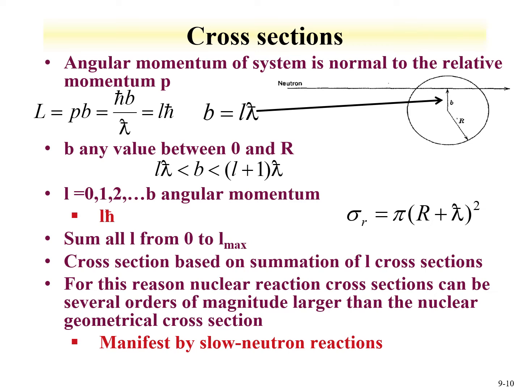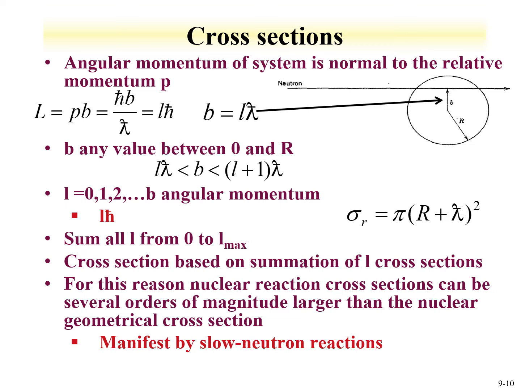Now we can look at this, and the impact parameter can have any value between 0 and R. So the possible ranges are listed here, where the orbital angular momentum is equal to 0 to b, where we can now sum all these terms from 0 to the maximum value of the orbital angular momentum. And we can see that the cross-section is now going to be based upon a summation of the system angular momentum